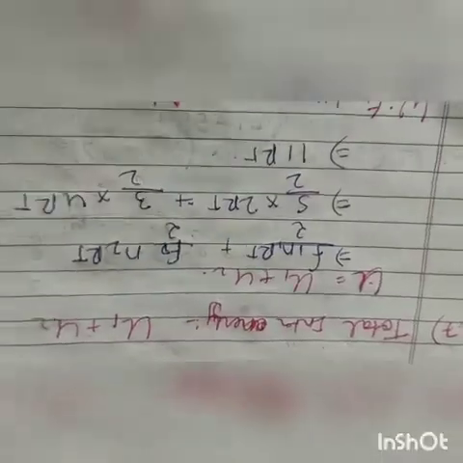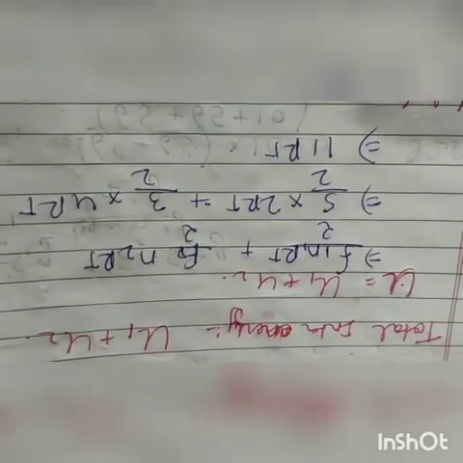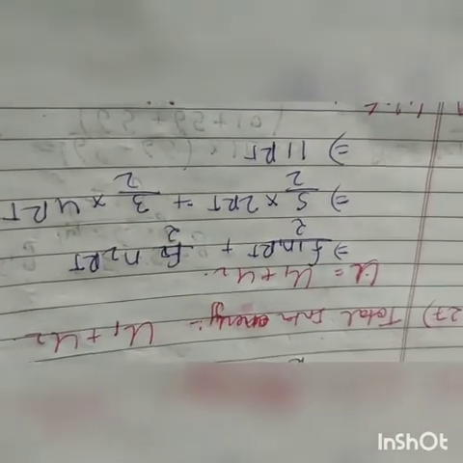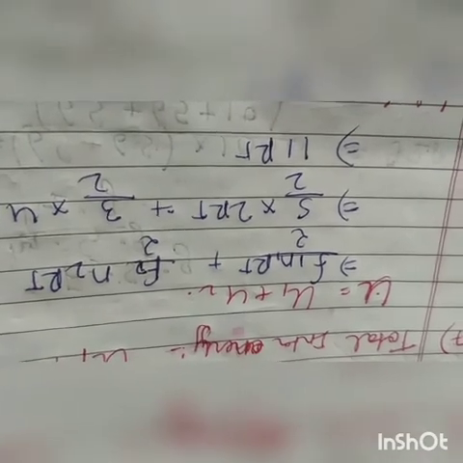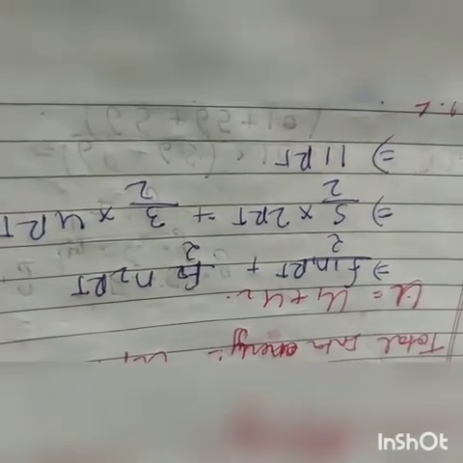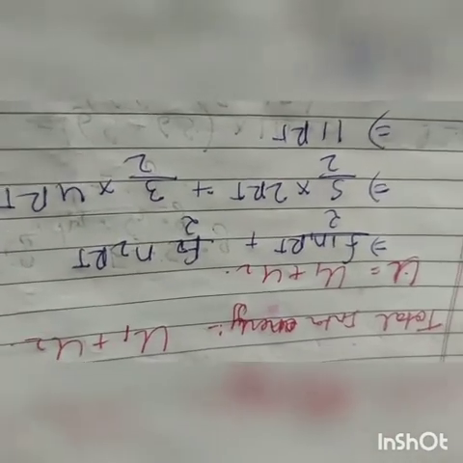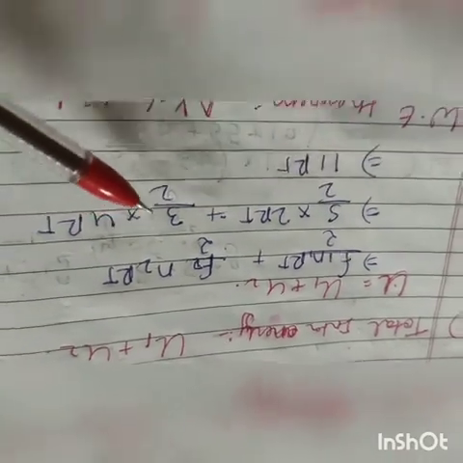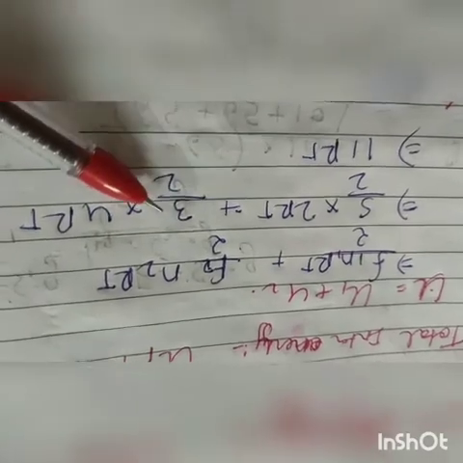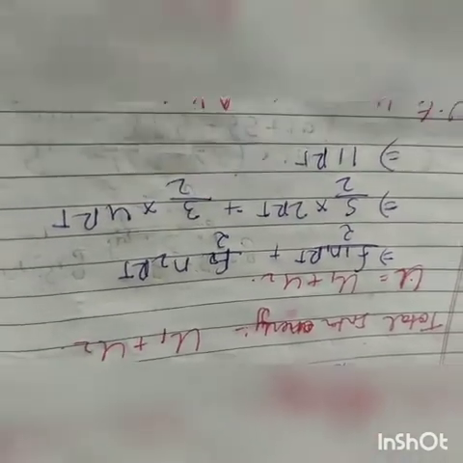Now question number 28. A gaseous mixture consists of 2 moles of O2 and 4 moles of argon at temperature T. Neglecting all vibration modes, the total internal energy of the system is. As we know, total internal energy is U equal to U1 plus U2, and internal energy is also f by 2 n RT. So it's f1 by 2 n1 RT plus f2 by 2 n2 RT. After putting the values, oxygen is a diatomic gas, so we put the value 5. Argon is monatomic, so we put the value 3 in the place of f, and moles are 2 and 4 as given in the question, so it's 11 RT. Here the correct option is 11 RT.